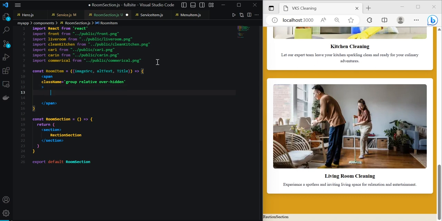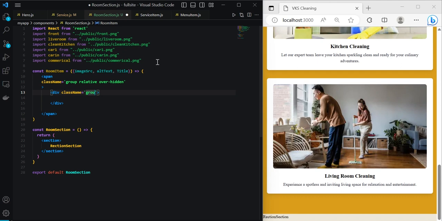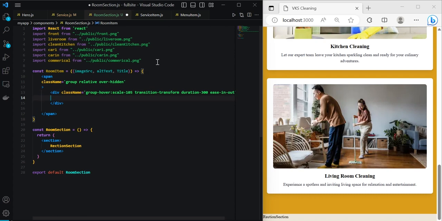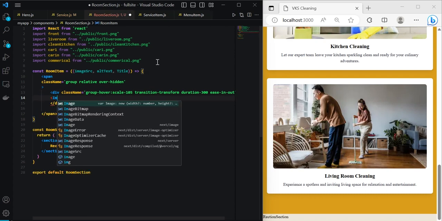Okay, and now inside of the span we want to have a div, and we'll go class name, and in it we'll go group and hover, and we want this to scale to 105, and we want the transition to transform, and we want duration to be 300, and we'll go ease in out. All right, and inside of the div we want to have an image,